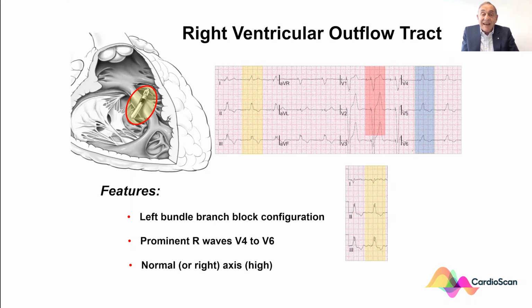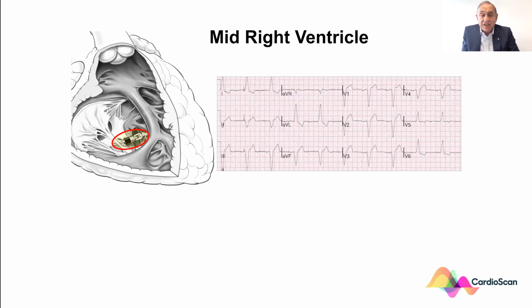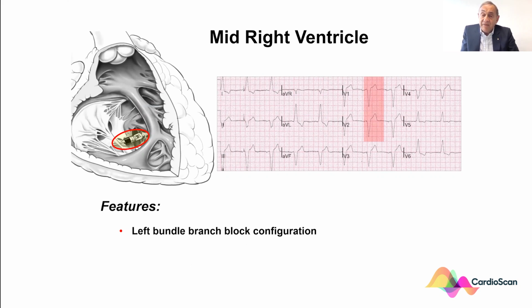Here is an ECG showing the S wave in 1, showing the right axis deviation from the right ventricular outflow tract. The other area of the right ventricle is the mid-ventricular position. And how do we tell that? Well, it's a transition zone, so we have, of course, a left bundle branch block configuration, and we have R waves in V4 to V6, and you can tell by the development of these R waves where it actually is in the right